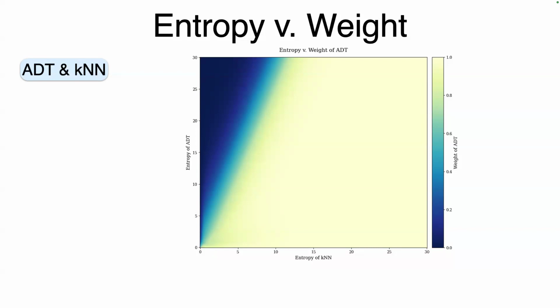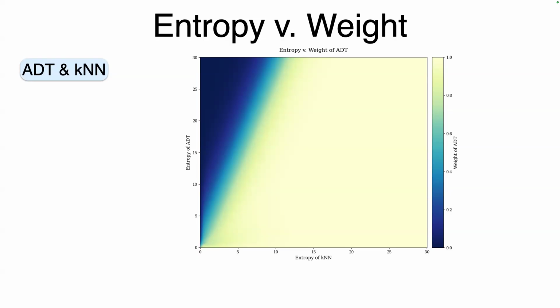And likewise here, if you look at KNN, the lower the entropy of KNN, the higher the weight that you give. So here blue is low, you give lower weight to ADT, therefore you give higher weight to KNN. Okay. So how do we explain this? It's the opposite of what we expected, right? If we take ADT, for example, if we look at lower entropy, like here...